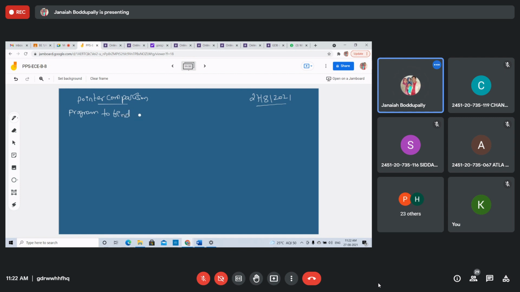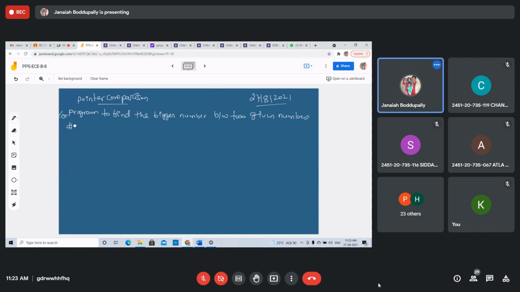Program to find the bigger number between two given numbers. See, this is a program, right?